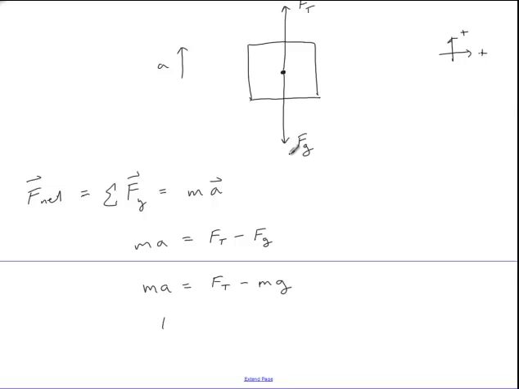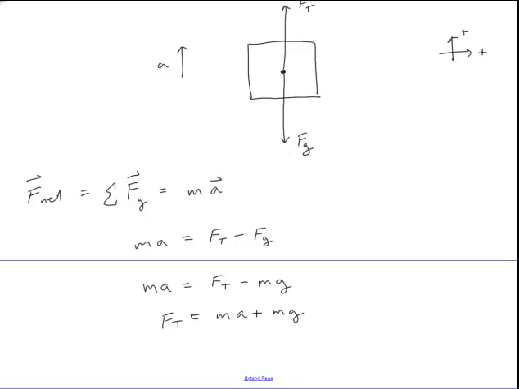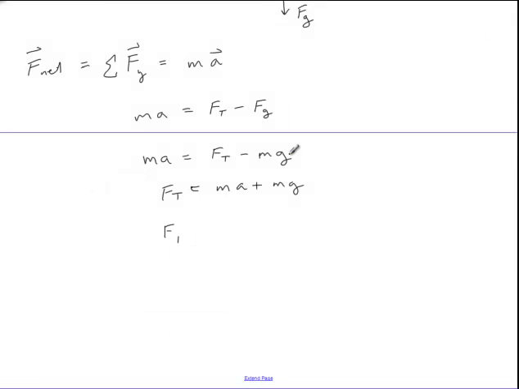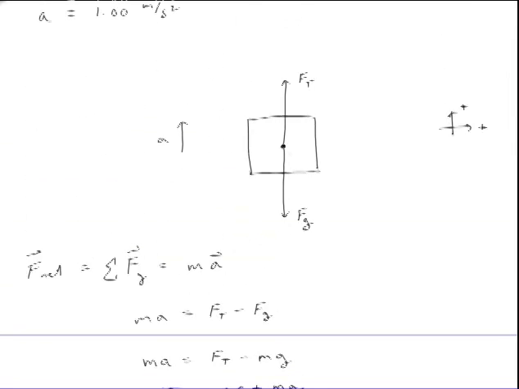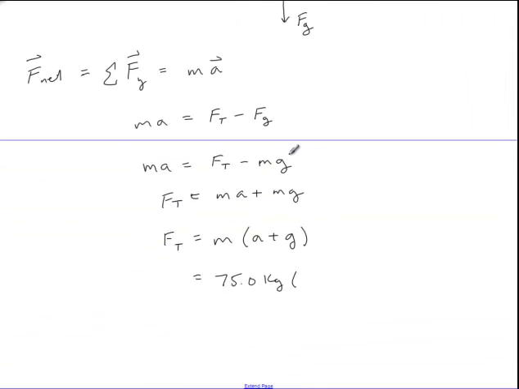So that means F_t, if we rearrange this, equals mass times acceleration plus mass times gravity. We can also simplify that because we can factor out the m's. You don't have to, but it looks prettier and it involves less calculator use, which is always a good thing. Now let's punch in the numbers. 75 kilograms times acceleration, which is 1.00 meters per second squared,